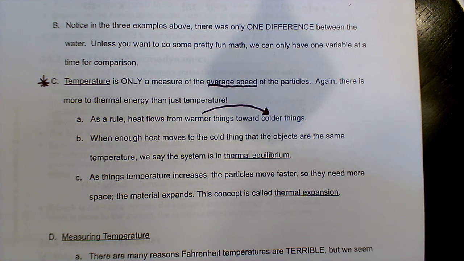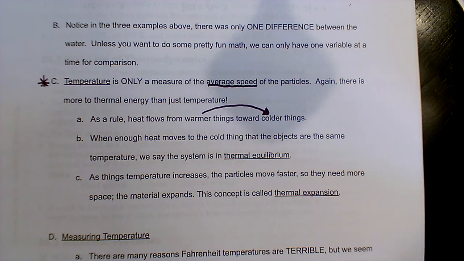Cold is not a thing. Cold is just the absence of heat, just like dark isn't really a thing. Dark is just if there's no light, then it's dark. If there's no heat or less heat, then it's cold. So when you touch something, it feels hot to you because the heat is moving into your relatively colder hand. The opposite is true: if you touch something and it feels cold, heat is traveling from your warmer hand to the relatively colder thing.